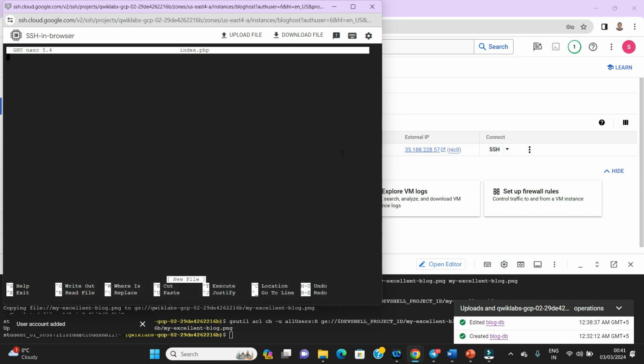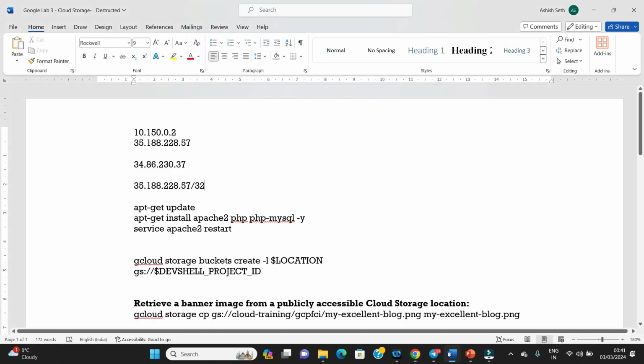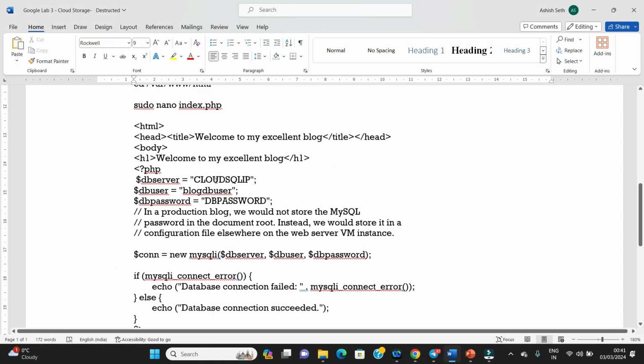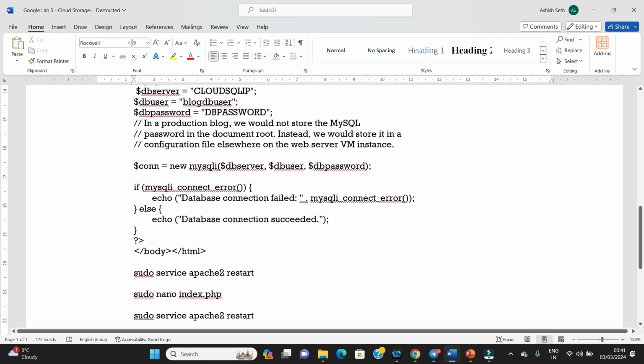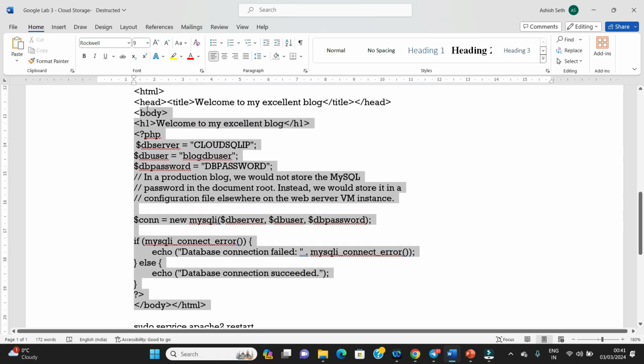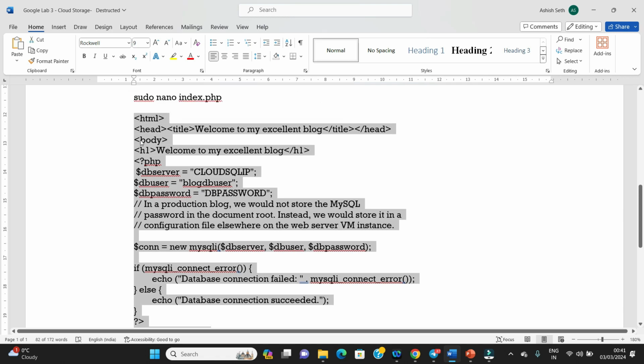Let us write some message here, let's say a welcome message, or welcome to my excellent blog, or whatever you want to write. And there we have to provide the details for connecting to our database, our username and the password. As I said, I have already created this default thing, and all the commands I have already prepared. If you go through it, you will find it is all self-explanatory.